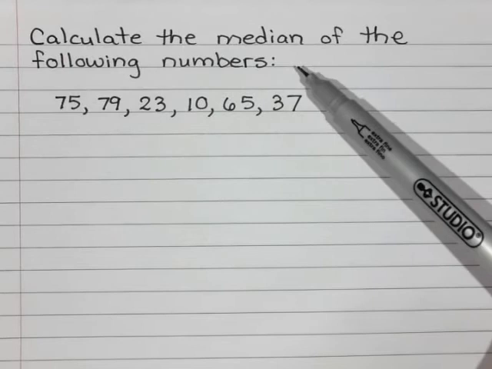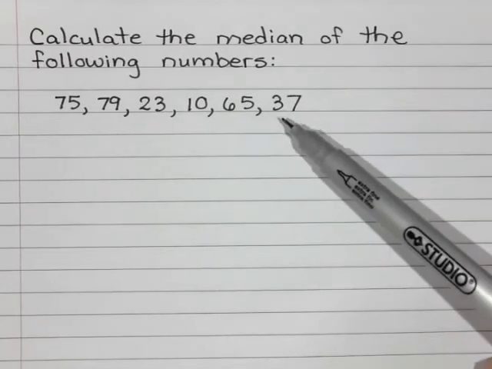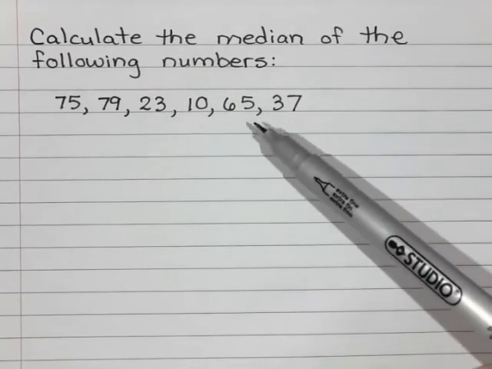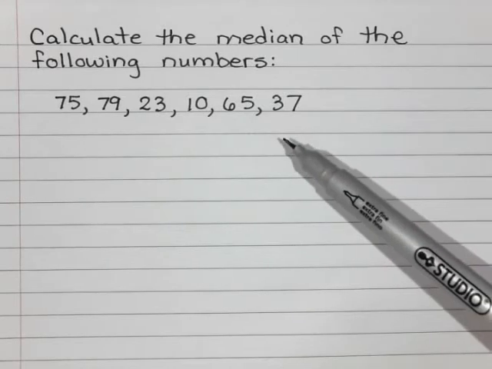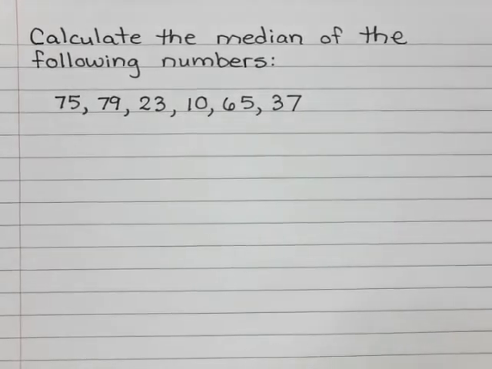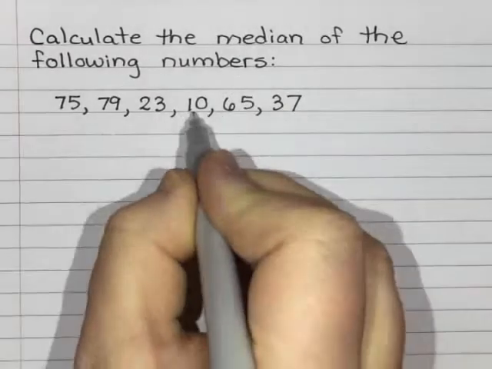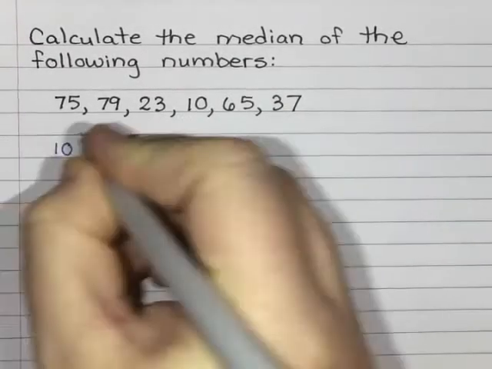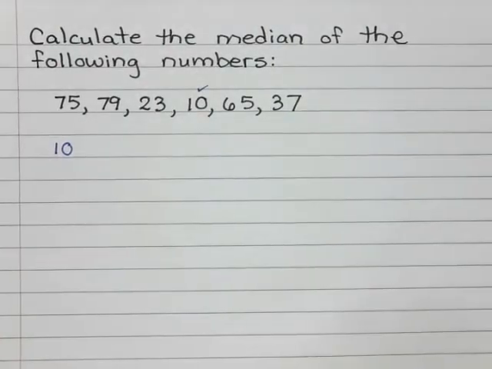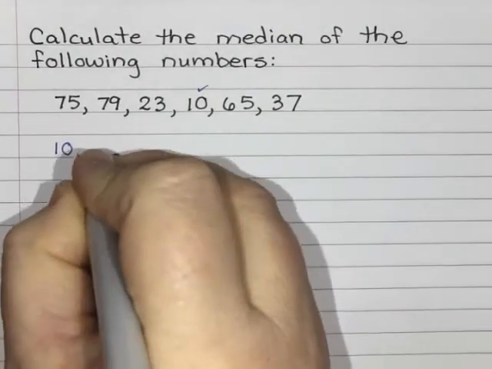So the first thing we're going to do is take our numbers and write them in order from either lowest to highest or highest to lowest. I'm going to go lowest to highest. So I'm going to start with the smallest number, which is 10. I like to check them off as I go. The next smallest would be 23,